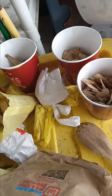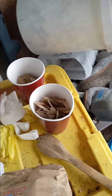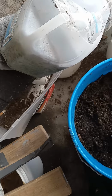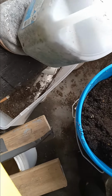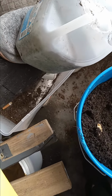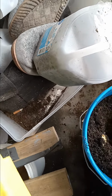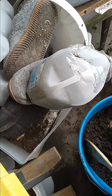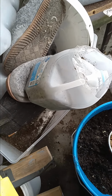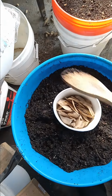Now, what you can do is you can actually put these right down in your planter. That's a planter right there. You can put that right down in your planter, just like this. Now, I would not do this if this planter was going inside, okay? Outside here with the birds and everything, that's perfectly okay. But you can do just like that. And if you don't want to see it,